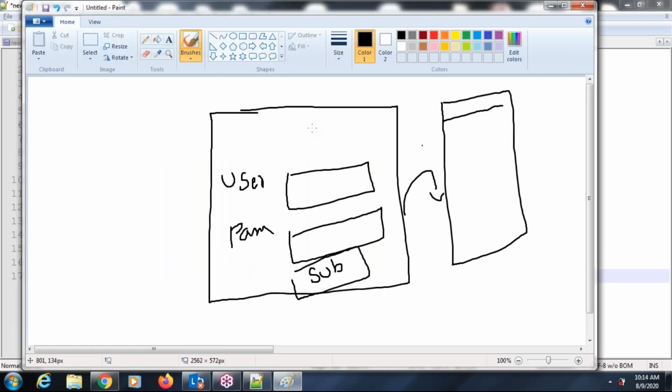the second one is, once the user enters username and password and clicks on the submit button, what will happen in the backend? Our request will go to the server. For example, in Facebook, you enter your username and password and click on the submit button. Our request goes to the server. Any web application will be placed on the server. First it will go to the server, and from the server it will open our home page.